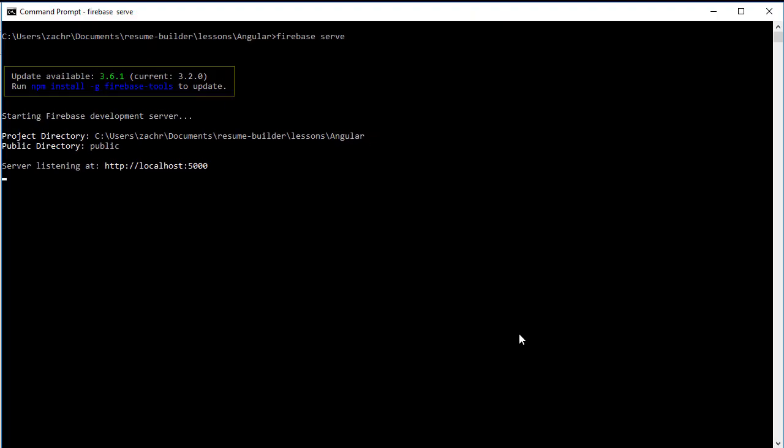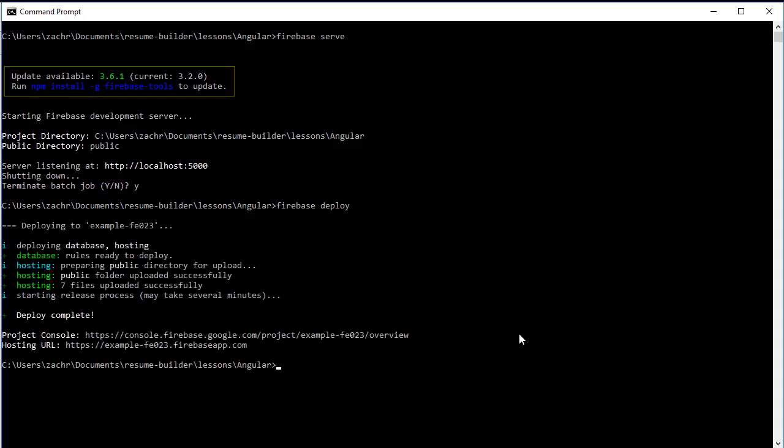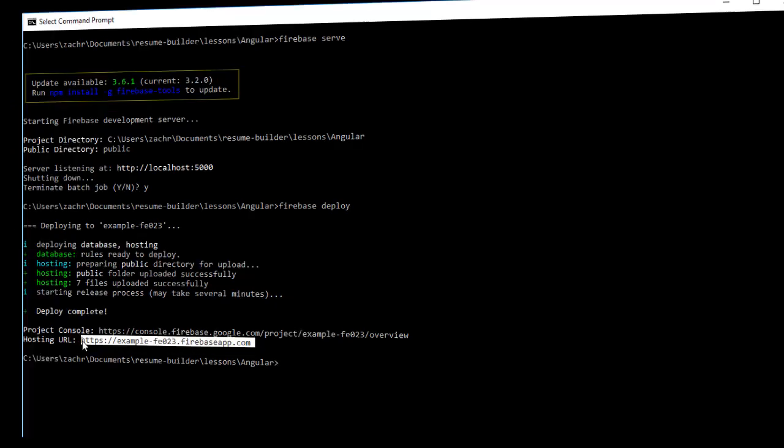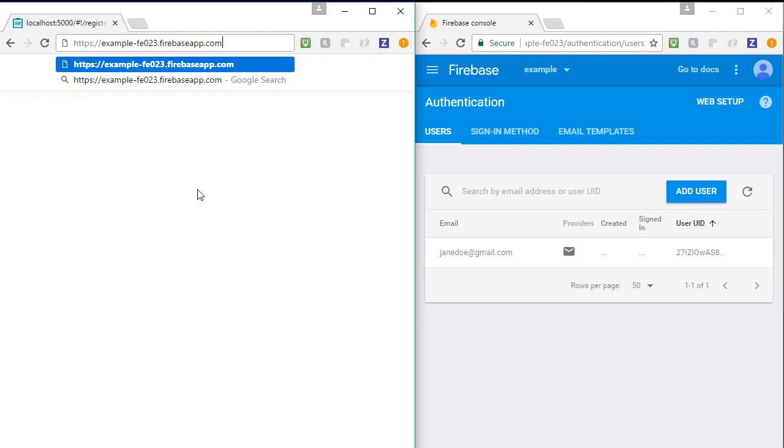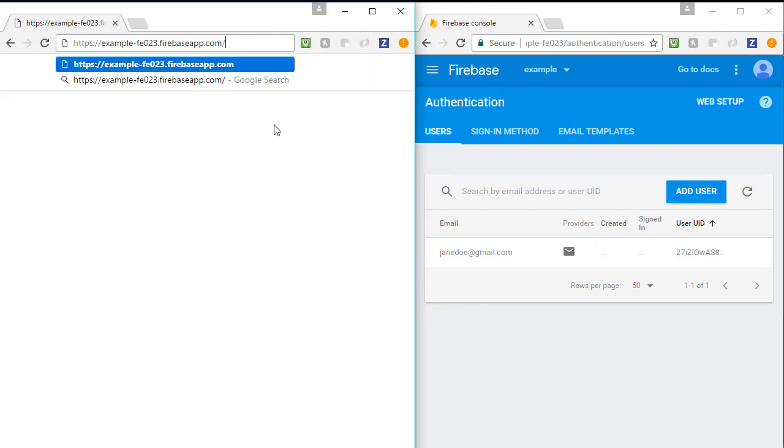In my command prompt, I'm going to kill the Firebase server, and then to deploy it to Firebase, I'm simply going to type firebase deploy. And we see that it tells us it's deploying, and we see that it deployed successfully. It then provides us a hosting URL that we can copy, and back in our browser, we can paste that URL. And when we navigate to the